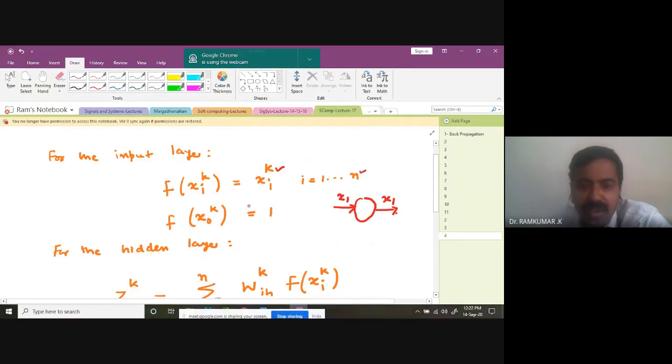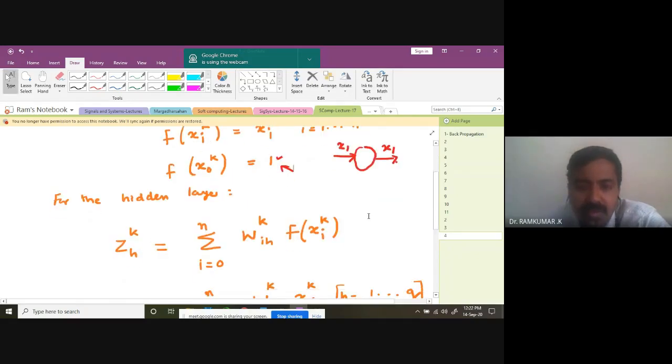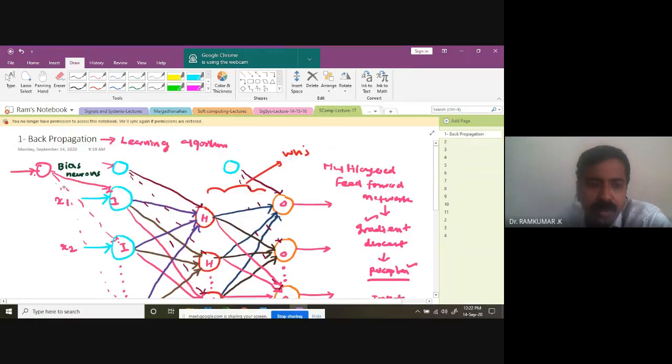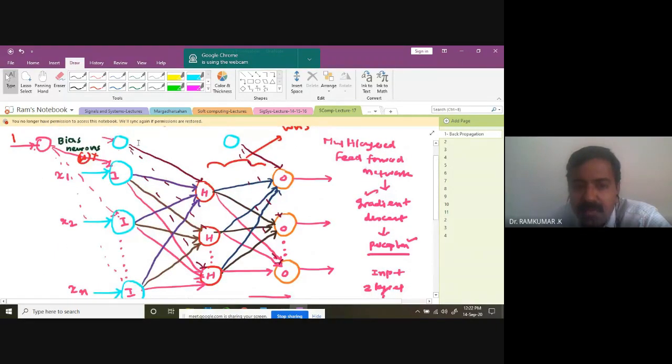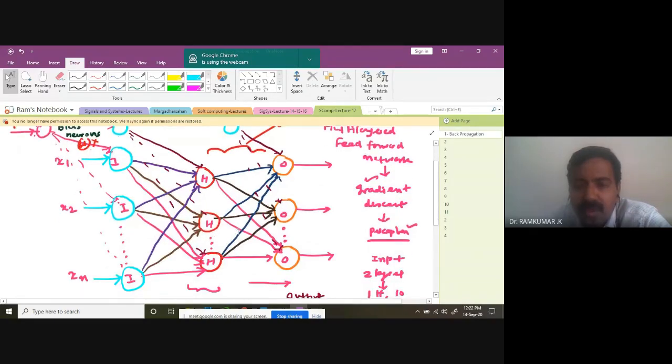So then f of x0 k is going to be equal to 1, primarily because it's going to be the function that comes out of this one. So there is no bias that is going to be updated with respect to weights and all. It's going to be fixed at one. Can you see it? This bias I'm talking about, this value is always 1, and that will be connected to all the neurons. Bias is 1, and there are no weights associated with it. So naturally 1 will be connected to all the input neurons.